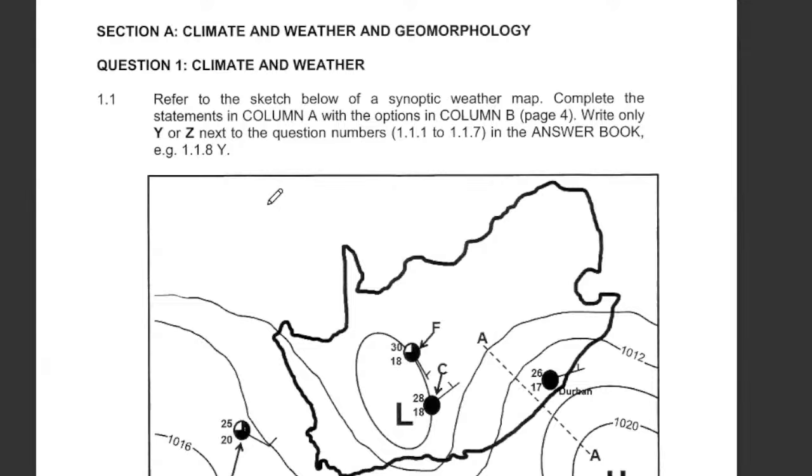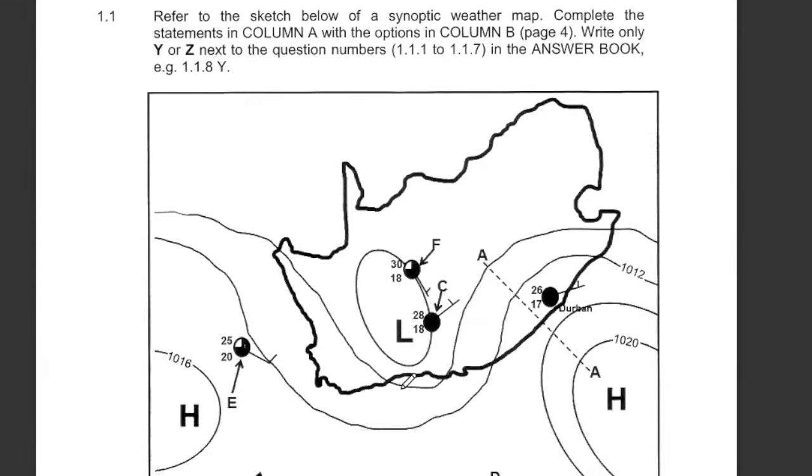it's about climate and weather. And under that line, we are given a synoptic weather map. Therefore, we need to analyze it before we look at the questions. Okay. This is a map of South Africa that has got a low pressure in the interior, which we know